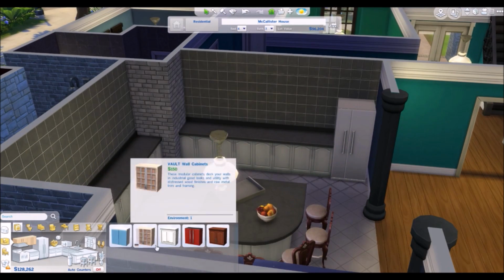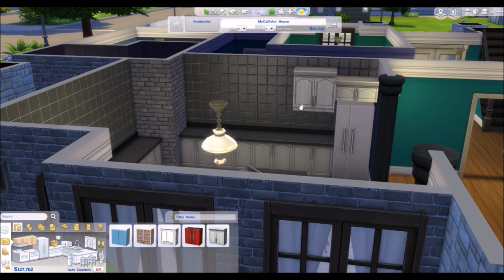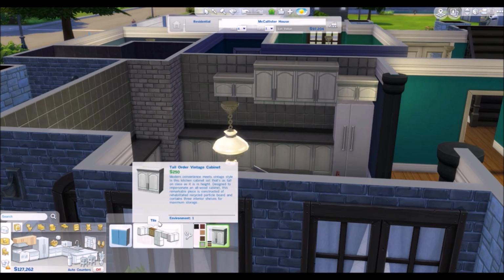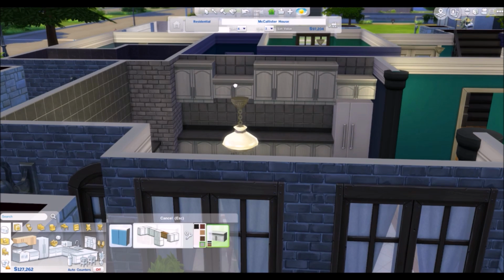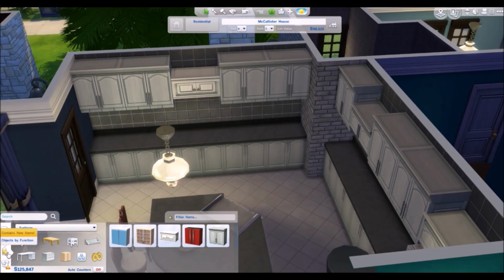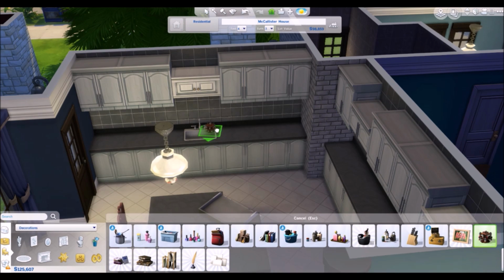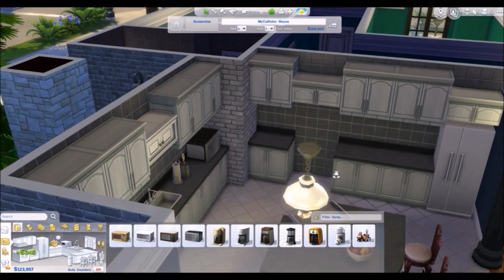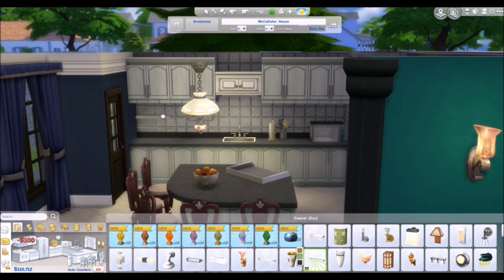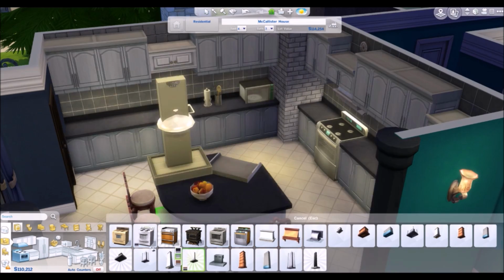So now let's figure out where I want to put the refrigerator and cabinets and everything, and I decided to kind of break up the cabinetry in here a little bit. I do that every so often because I don't like everything to be perfectly lined up all the time. For the most part I do, but sometimes I like to break things up a little bit. I think it gives the room a little more character, you know. So yeah,